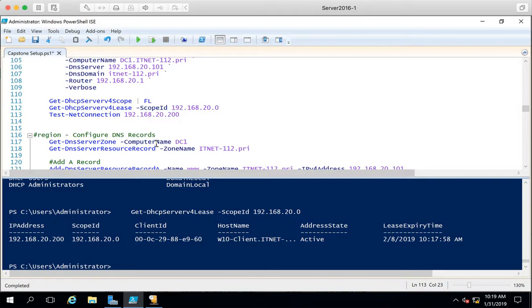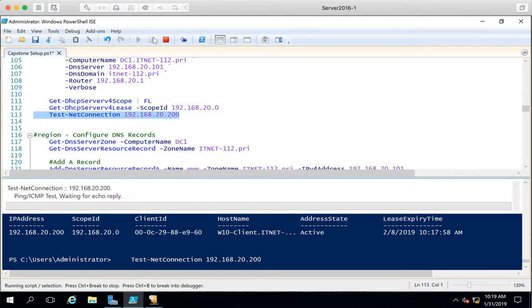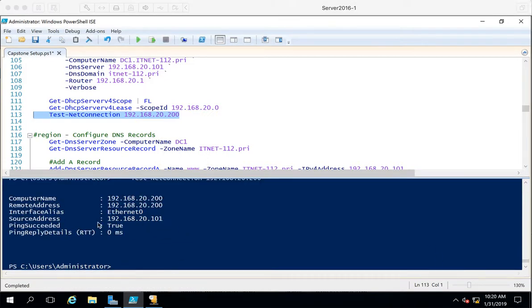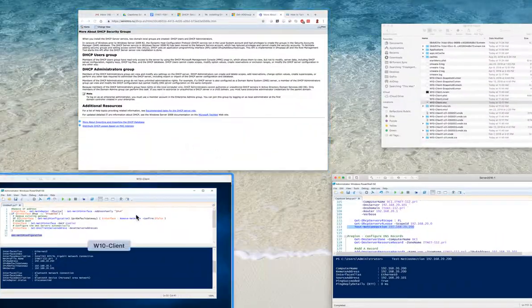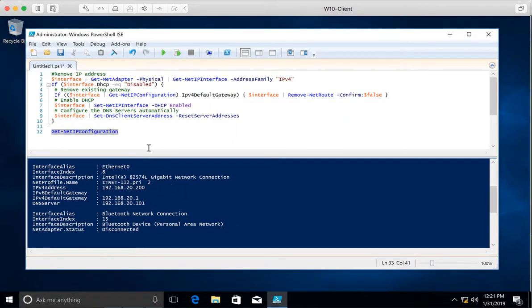And at this point, we could actually just test to see if we can ping our client. If it fails, we may need to turn off the firewall on our client, which I can do. I'll just pause while that runs. All right, we see that the test net connection did work. We were able to successfully ping our server. If that wouldn't have worked, what I would have done is I would have jumped onto my client and I would have